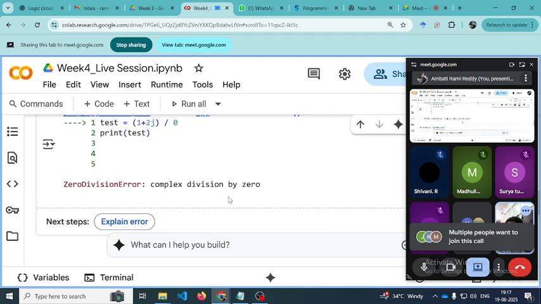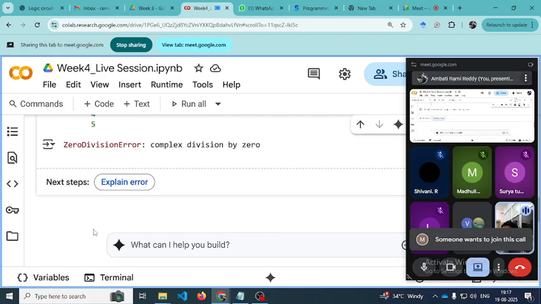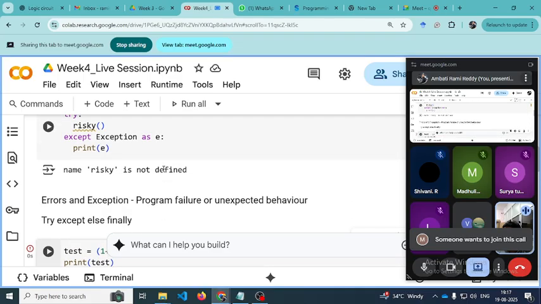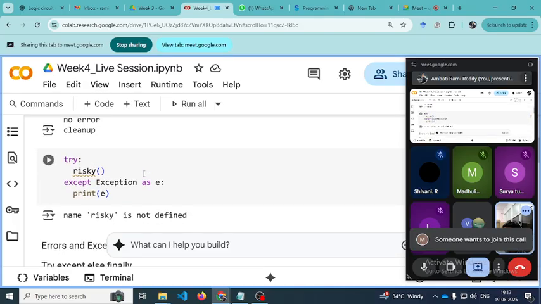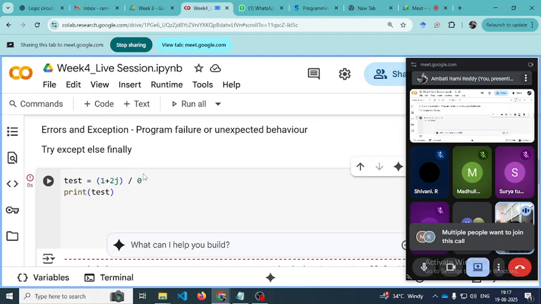Okay, so the next thing is how to handle this zero division error. I will tell you the safe ways to handle it. One thing is, I told you in exception handling there are different blocks: try block, except block, and else and finally. So these are the different blocks. You can use these blocks to handle these errors. For example,